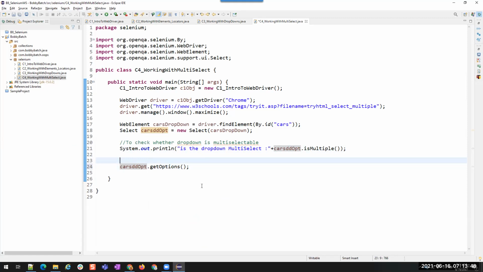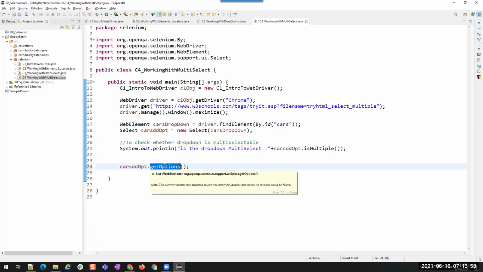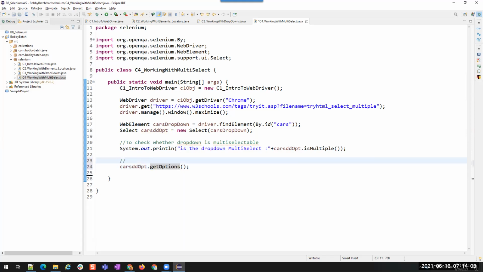In that situation, we use get options. We will get all the options from the dropdown and you can verify them with the required list.